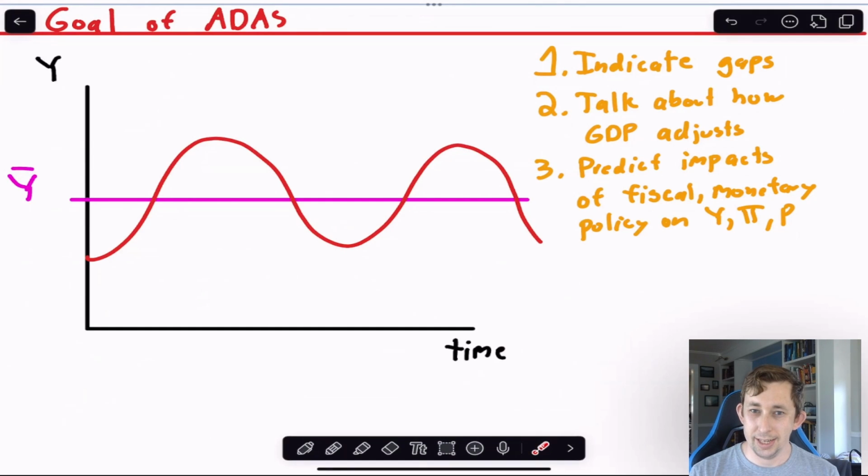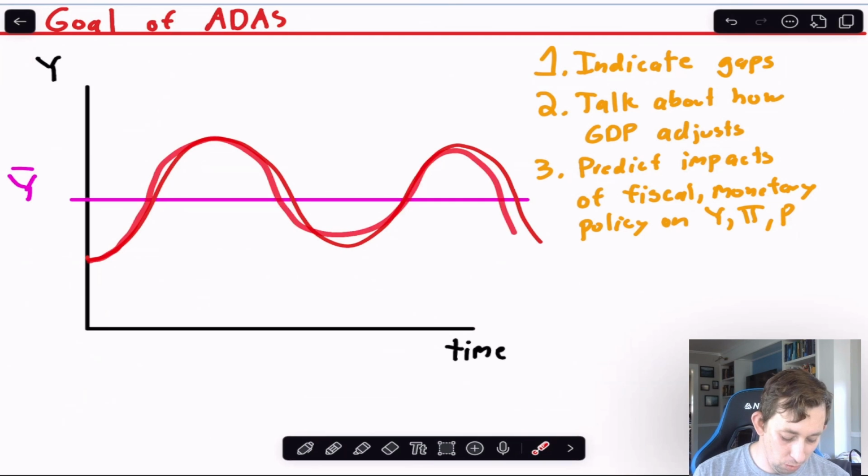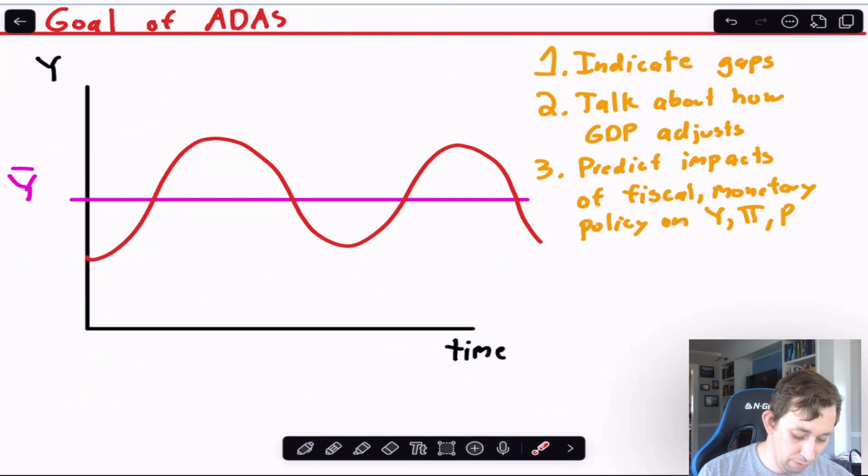Another way to think about the ADAS curve is, if you remember from a couple of units ago, we have this graph where this is time, this is real GDP, and this is the natural rate of output, or the potential output, Y bar. And we said that there are these wiggles in real GDP around potential output where we have inflationary and recessionary gaps. One of the goals of the ADAS curve is to indicate what type of gap we're in, and talk about how our economy adjusts back towards potential output, or the natural rate of output,